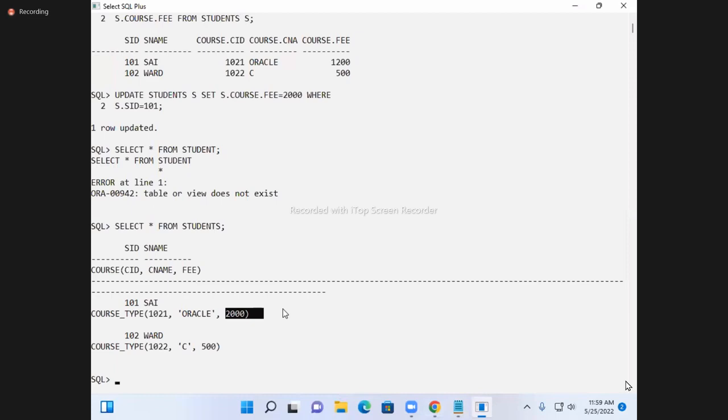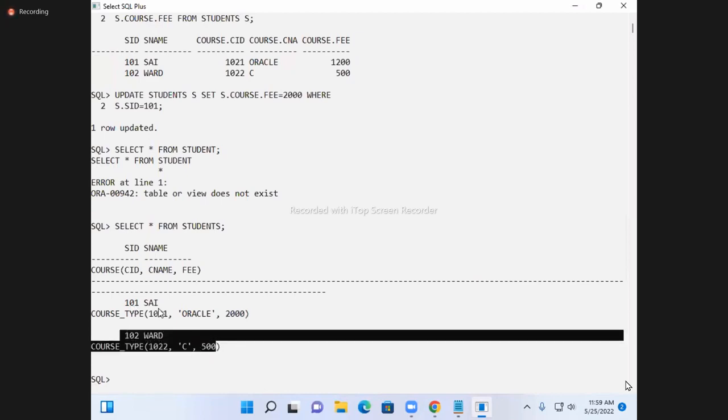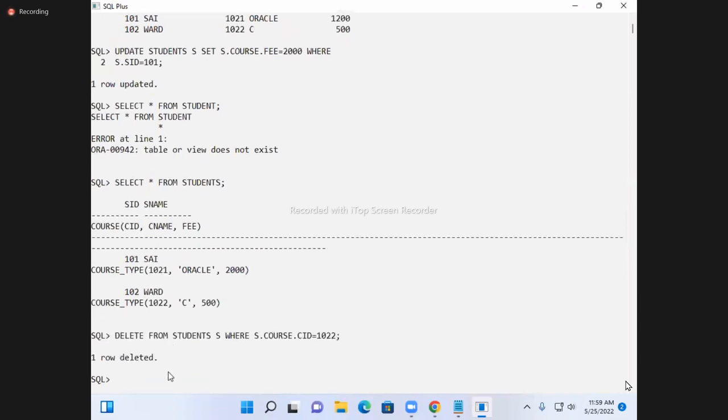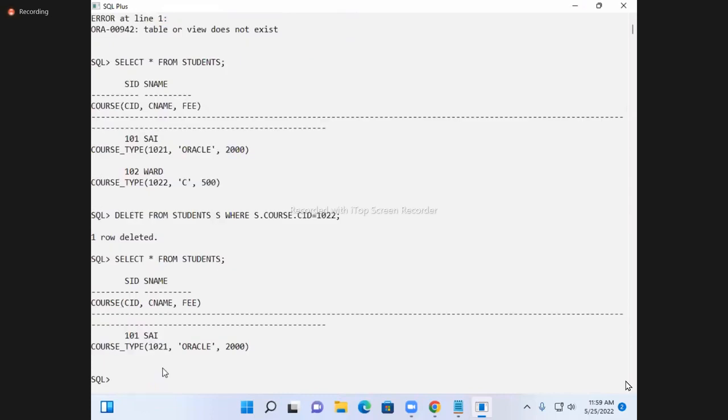1022. Let me come out and see. 1022. Which student? That means I want to delete this student's details, not Sai. So now I'm going to use this and see, deleted. After deleting, you just call that. Okay. Now